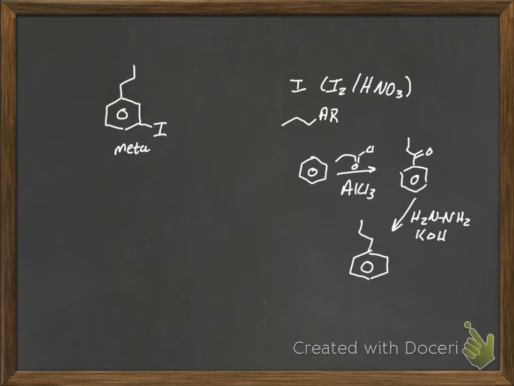Now here's the problem facing this. The iodo group is very clearly an ortho-para director. The problem is, so is our alkyl group down here, and we are looking at a meta position. So whatever are we to do? Well, the alkyl group is an ortho-para director, but the ketone is a meta director. So the way to do this is